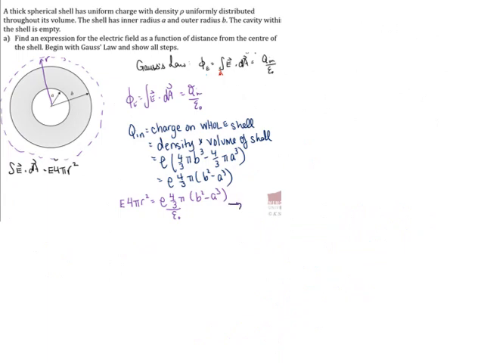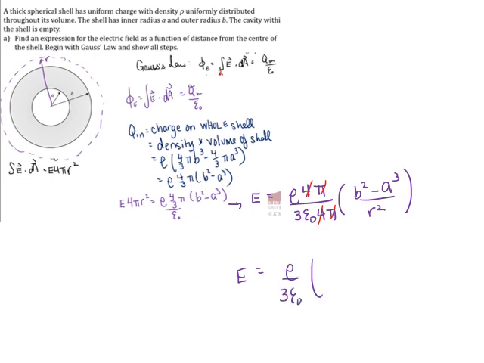So we'll divide both sides by 4 pi r squared. E is equal to rho times 4 pi over 3 times epsilon naught. That's what we had originally. Now we'll divide by 4 pi, and I'm going to put my r squared under my b squared minus a cubed. I think I got all my terms written down there correctly. Let's see what cancels. The 4's cancel and the pi's cancel. That leaves us with an expression for our electric field equal to rho over 3 epsilon naught outside of b